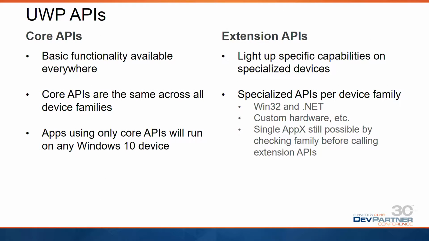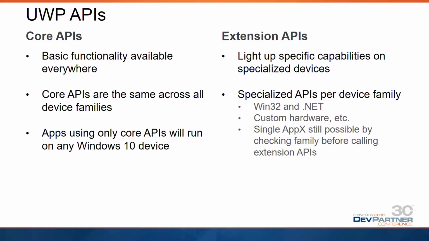So UWP APIs, as I already mentioned, there are a set of core APIs. The core APIs do the majority of the work in most apps, and the fact about the core APIs is, as the name suggests, they are core to all of the platforms. So the idea is if you write to the core APIs, you can assume they will be there on any supported platform, and you can use them freely. And then there are